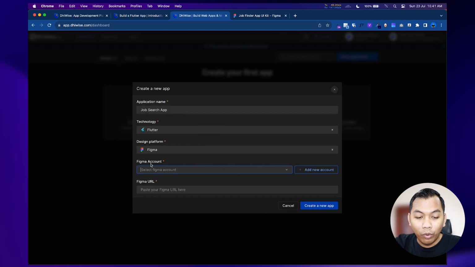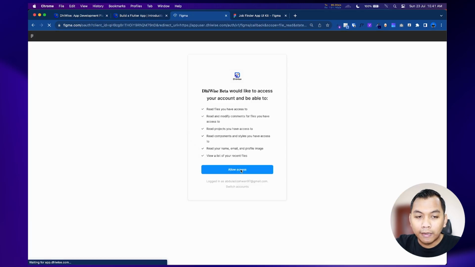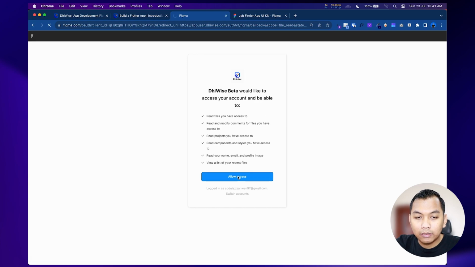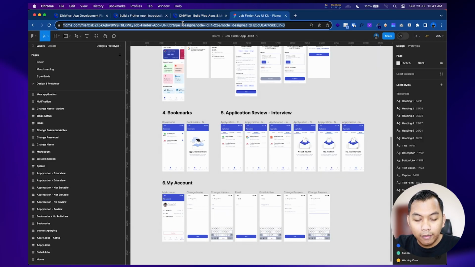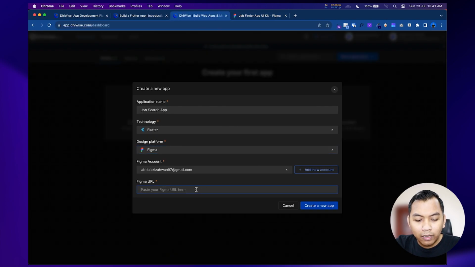Here we need to connect our Figma account to Device, and then we need to press allow access. Alright, so as you can see, this is my Figma account connected with Device. What we need to do is copy the URL of our Figma design and paste it here, and then create the new app.